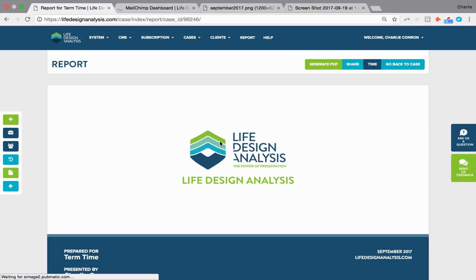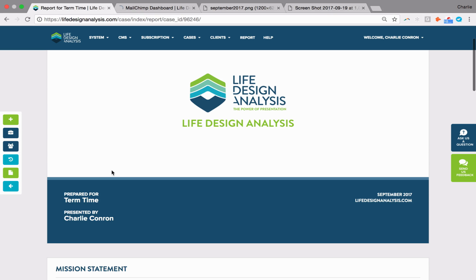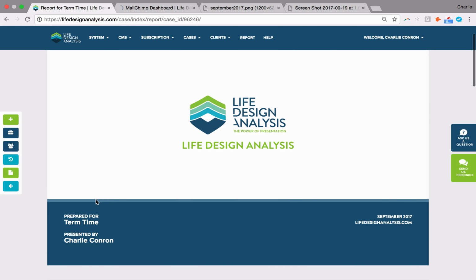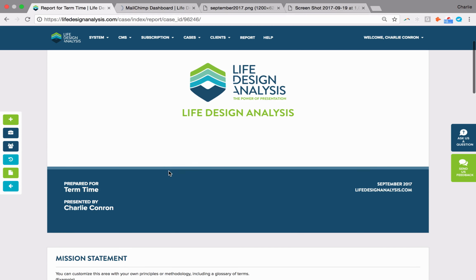Now, with this report, again, it's going to be generated with your logo, prepared for the client. So it looks like you've spent a lot of time before you even get to the meeting. It looks like you've spent hours putting together a detailed proposal. Again, this only takes seconds, and the impact is huge for a client because, again, already you look like you're going to take care of their needs. You're prepared. You're very professional, and that's really a big impact of our report.